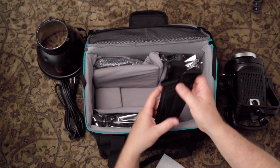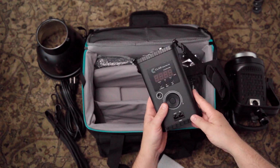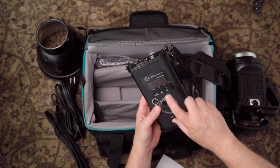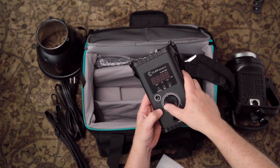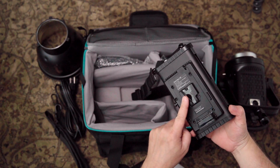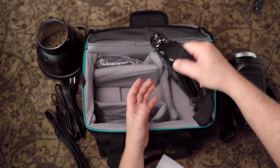So we have a strap for the bag. We have the controller. So we've got channel selection, DMX control, which is nice. DC, I guess this is the power. We have a nice substantial feeling wheel and an on-off switch. This has an area for V-mount batteries on the back. And it too has a